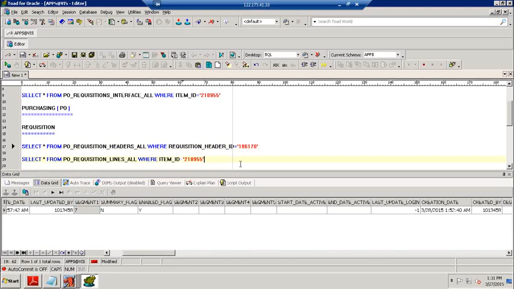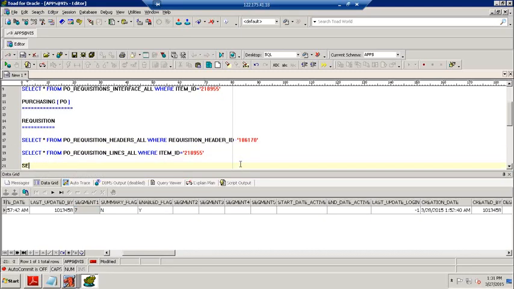Clear? Now I am going to check another table. What is that? PO_REQ_DISTRIBUTIONS_ALL, where we can give the requisition line ID.